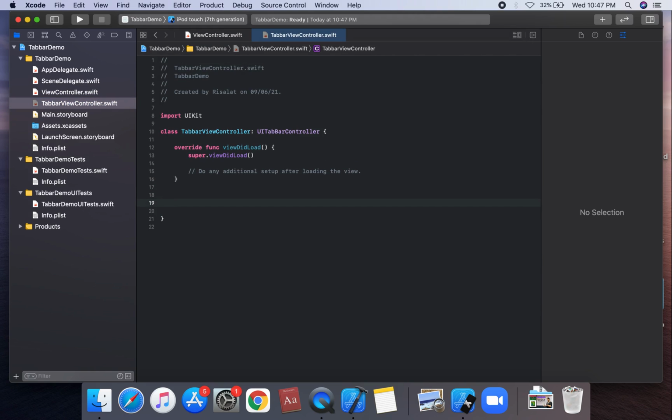So we're going to create a function, createNavigationController.